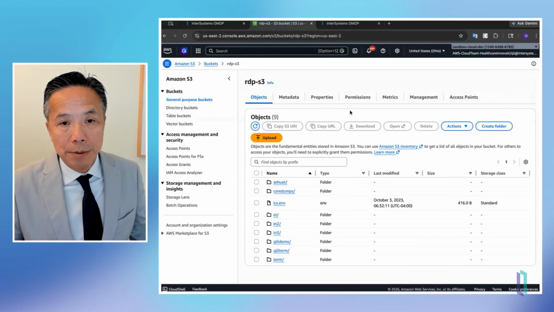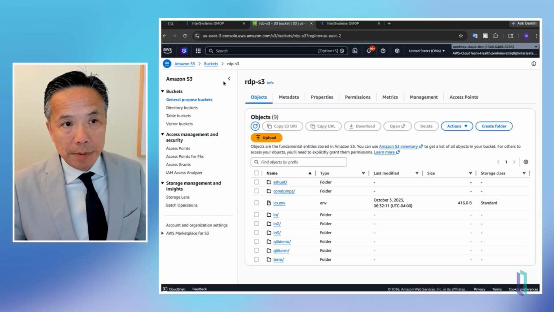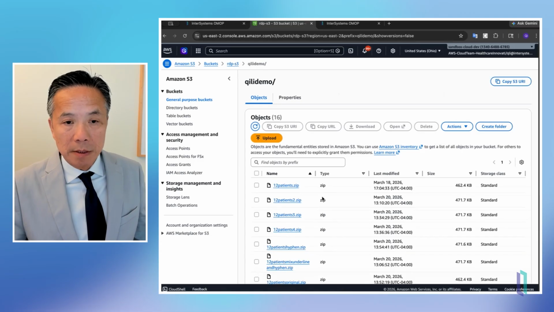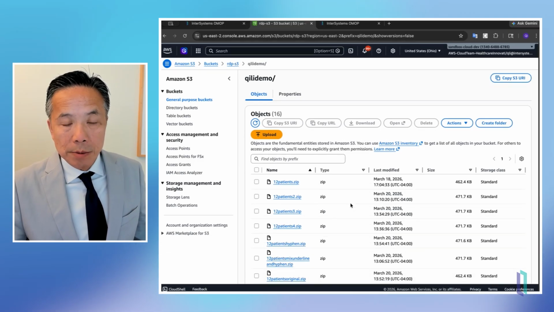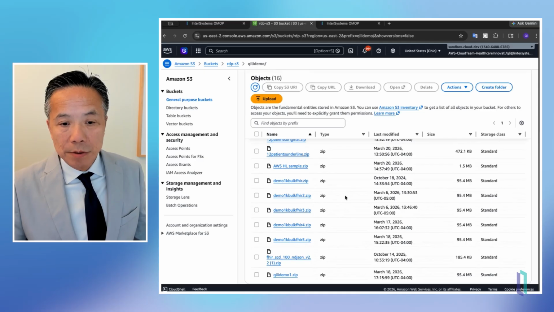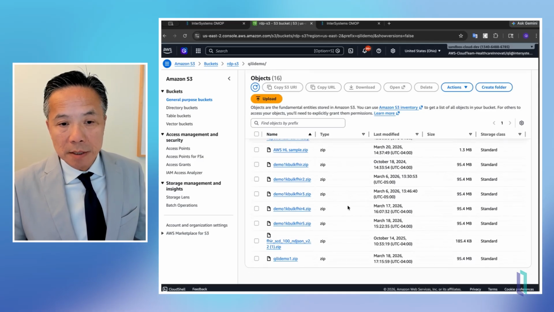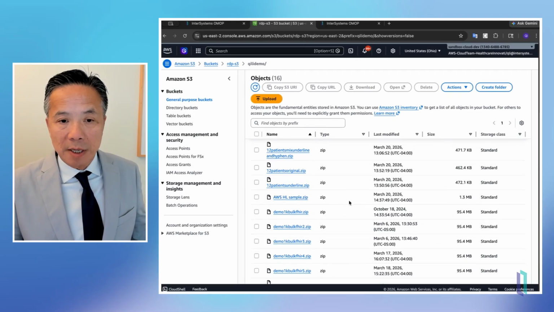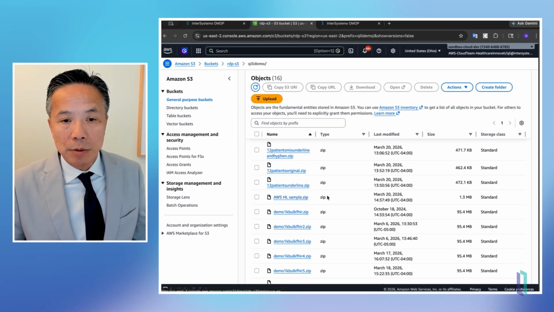Here's the S3 bucket that I use. You'll notice that this is the AWS S3 bucket, and I have selected QILI demo as the input source where the S3 bucket files will be placed. Also, there's a QILI terminology mapping directory as well. In the QILI demo, you'll notice that I have many files included already with different sizes. We also used AWS HealthLake output as well. So if you're using any of the hyperscalers' FHIR repositories, their output can be supported in this solution